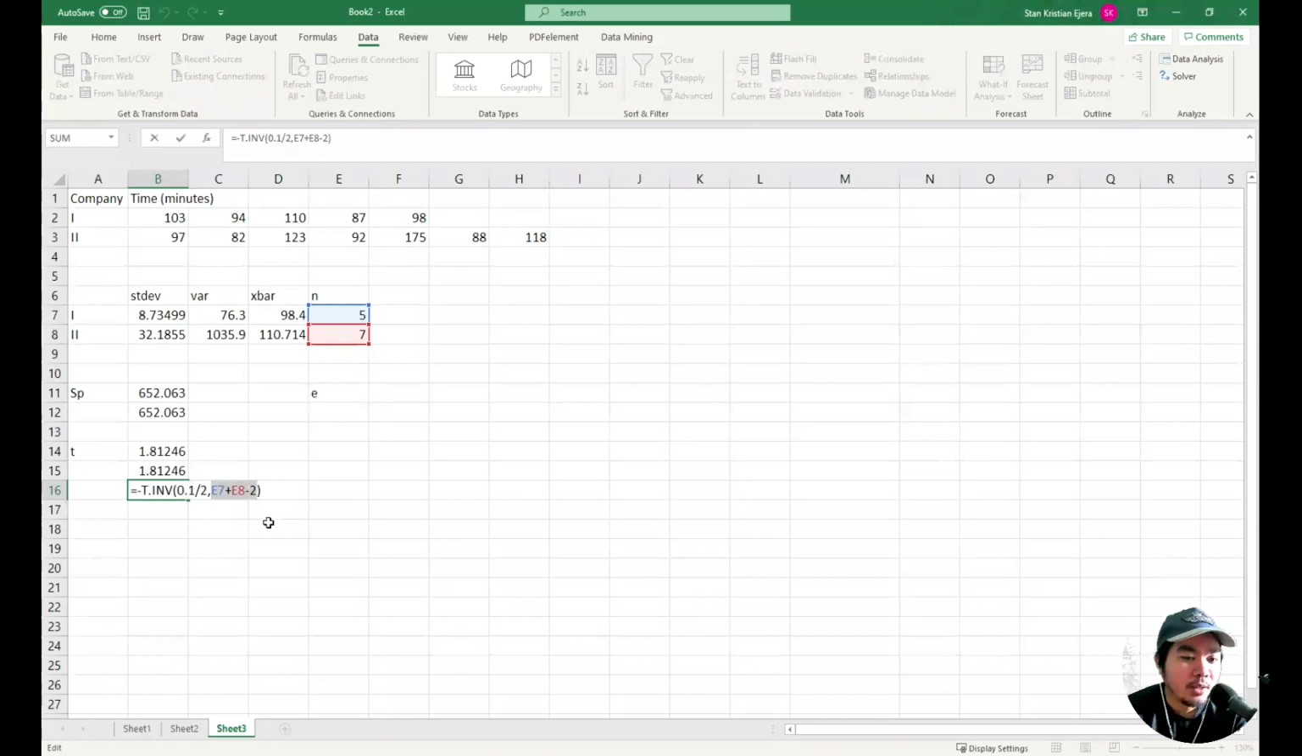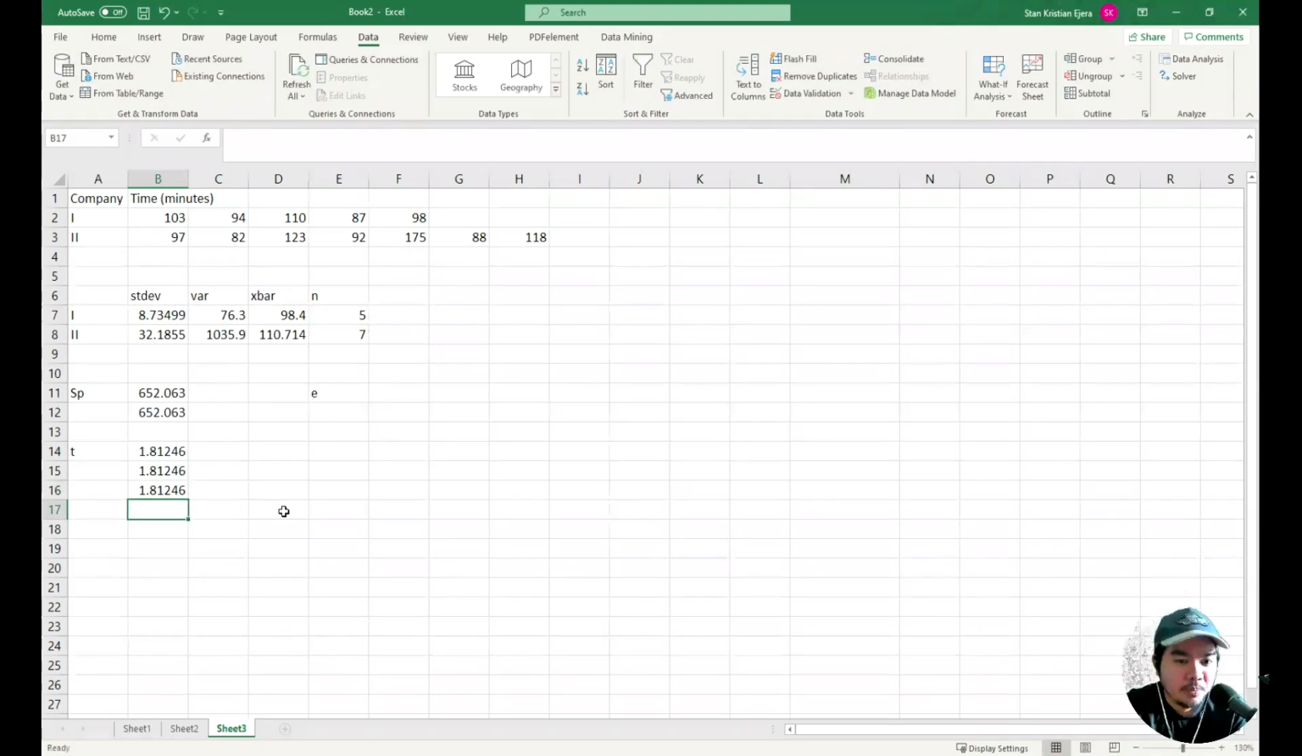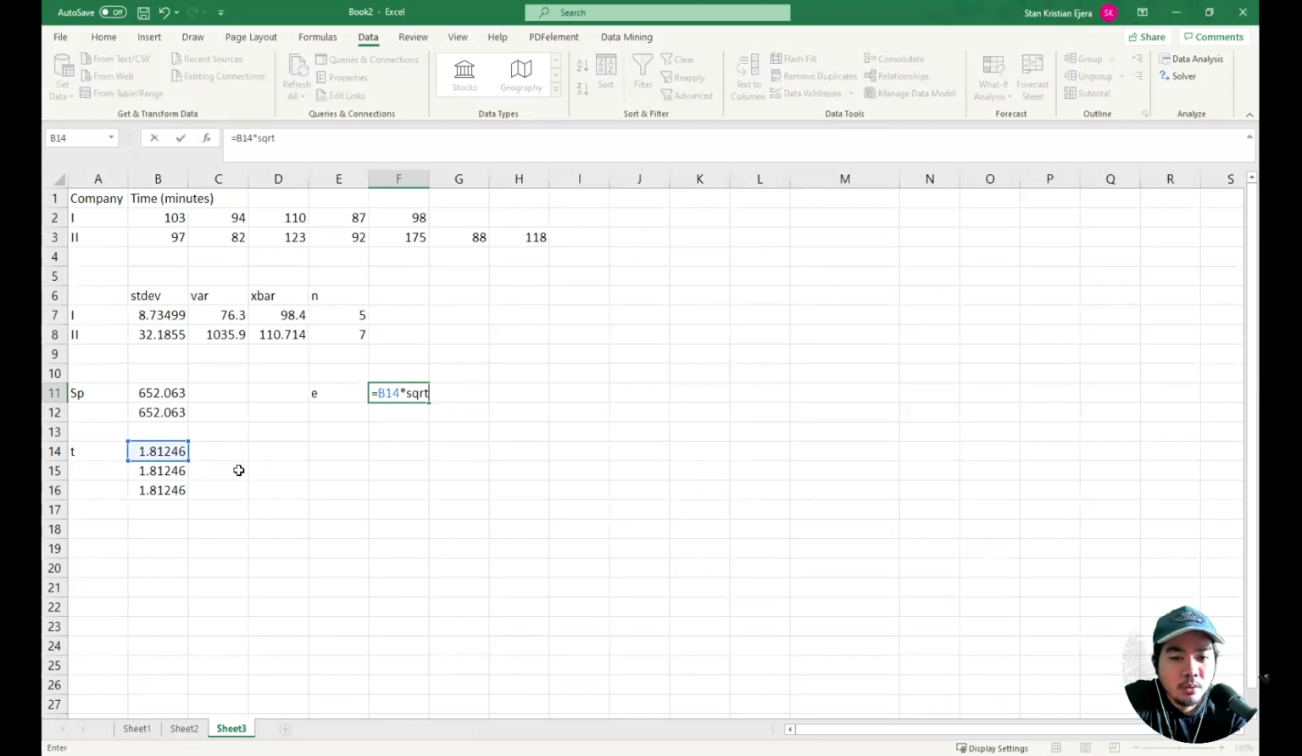Okay, so this is again just the degrees of freedom. So you can use either way. Whichever you feel is more comfortable, just use that. Okay? So if I do t multiplied by the square root of variance